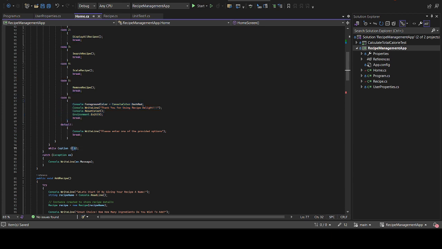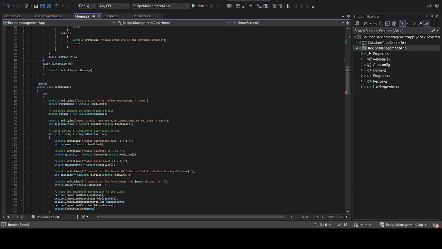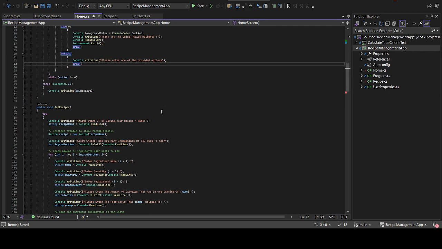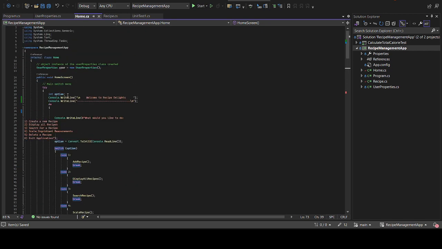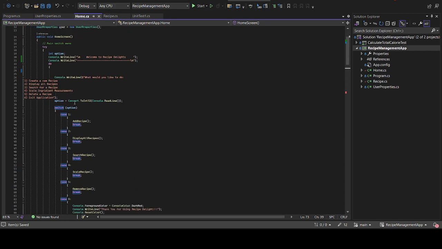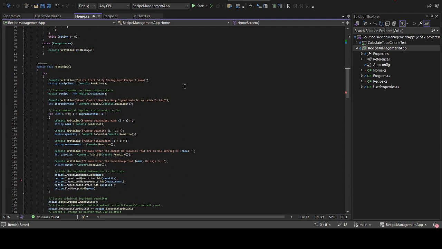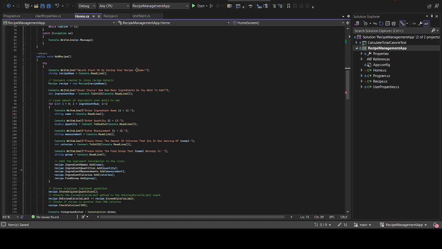So if they enter case 6, the application will exit. And if they put anything that's not a valid input, they would have to enter one of the following options. And then the try catch, just in case they add maybe a letter instead of a number, because the option is an integer. So in the add recipe, it prompts the user to give a recipe name, then a recipe